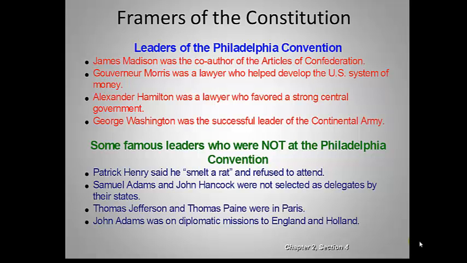You can read here, Patrick Henry, Sam Adams, and even some of the less well-known leaders in the states were not all that excited about it. The states had everything to lose at this convention. They knew there was going to be a stronger central government proposed, and most people that were for states' power and to keep the states in power were not exactly excited about the prospect of having these men, many of whom were very popular and people would listen to, get together in Philadelphia and come up with an alternate form of government. So again, not everybody was excited about it.